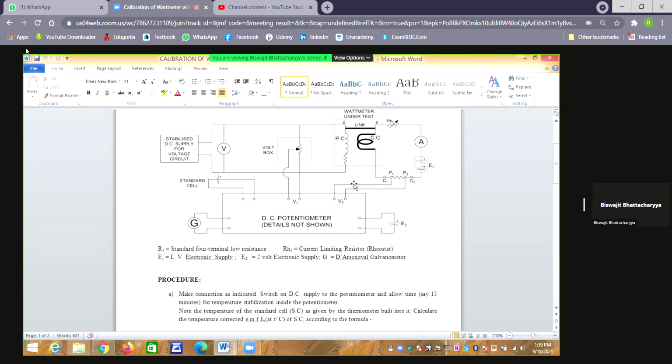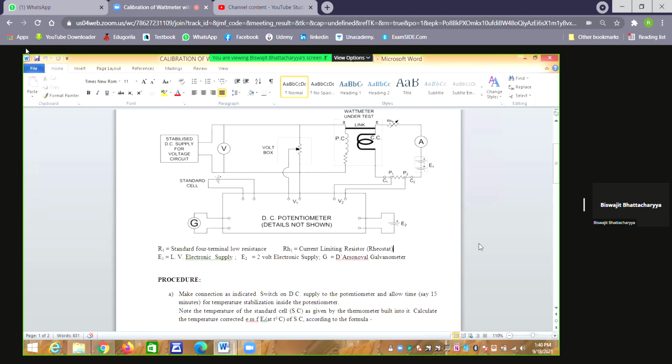So what is the option? The option is we can connect a link in the lower two nodes also. But the problem will be that a closed circuit will be established between the pressure coil and the current coil. A large circulating current will flow between the two, and the current coil will short the terminal. Heavy current will flow, and the current coil circuit will be completely burnt out, damaged. Then what to do? We cannot connect a link on the other side.